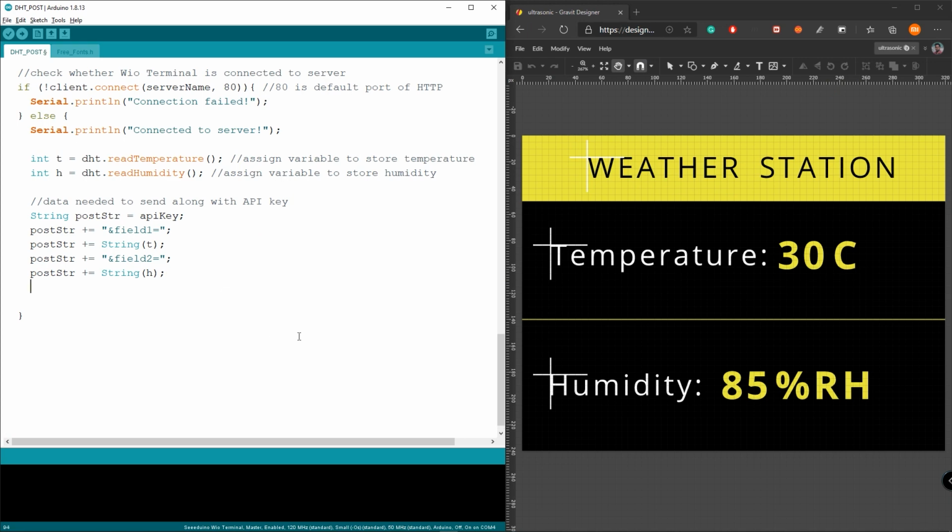After this, proceed with line endings. Next, make an HTTP post request by typing the following code.